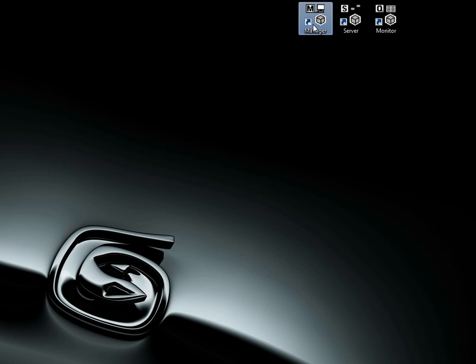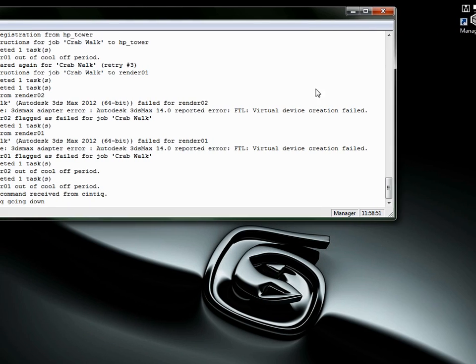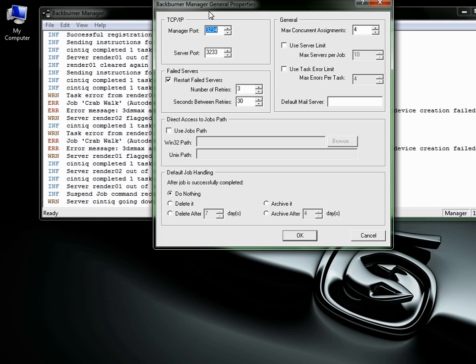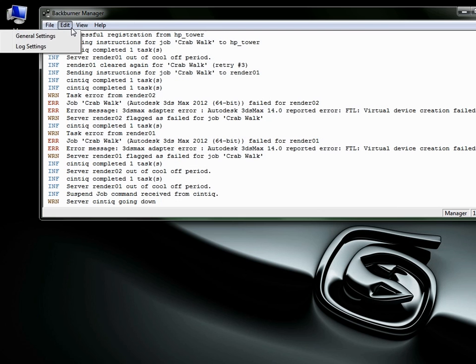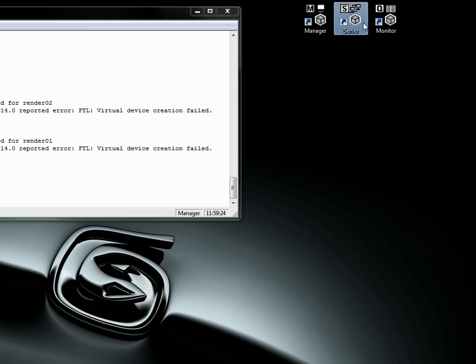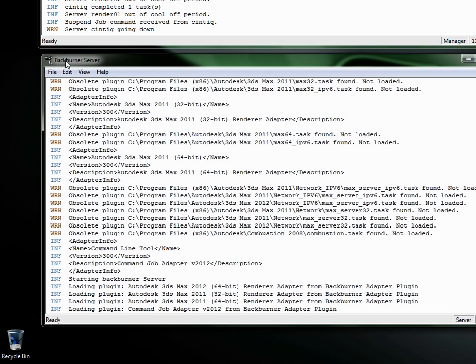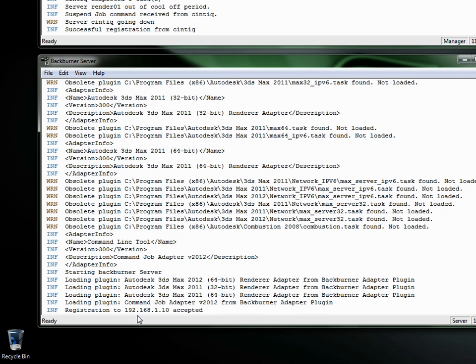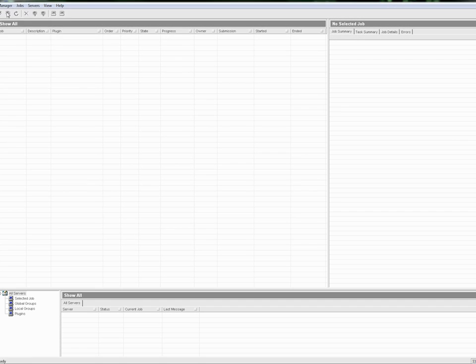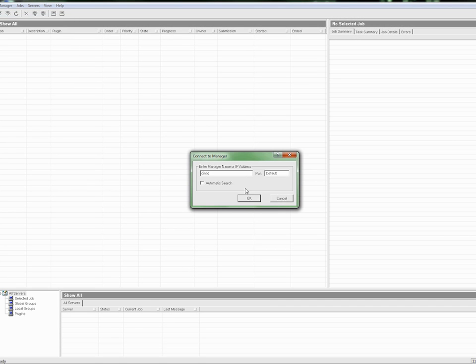Autodesk Back-Burner is made up of 3 separate applications. Back-Burner Manager runs on one system that accepts tasks, manages the queue, and distributes different tasks to any available computers waiting to render. Back-Burner Server is an application that runs on all rendering machines to communicate with the manager and receive tasks. The third is Back-Burner Monitor, which is an application that puts a graphical user interface to the render